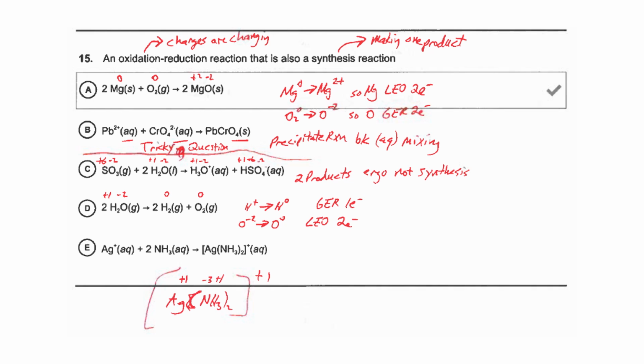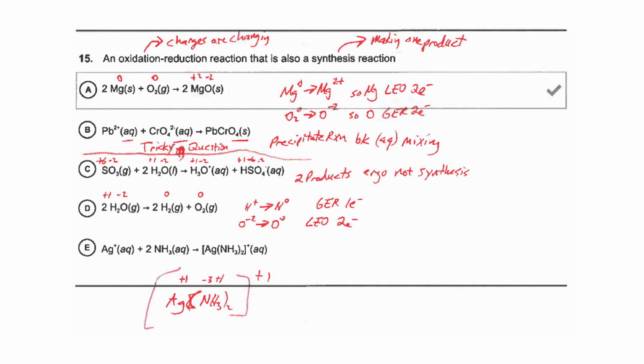Number 15, again, is look for who's changing their charges, because it's an oxidation reduction reaction. And also synthesis. Synthesis means making one product. So making one product, I could cross D off, I could cross C off, and I'm down to A, B, or E. Then I went through and I was like, well, who's changing their charges? And worked out the charges of things. I didn't do B because it was precipitate, but I did A. That one is pretty obviously the answer because the magnesium's getting a +2 charge and losing electrons, while the oxygen's